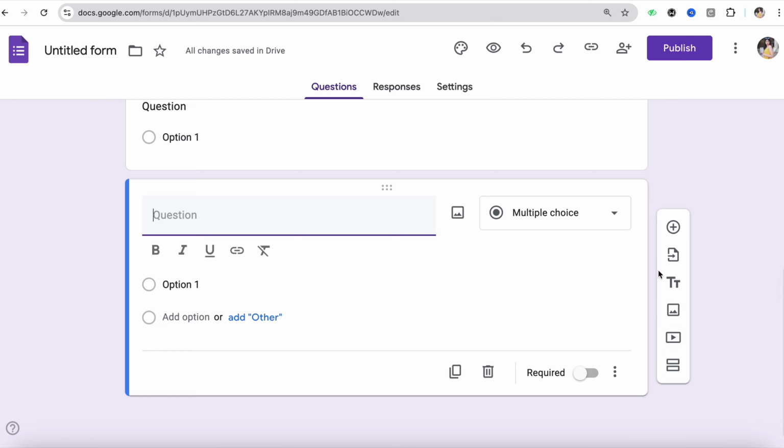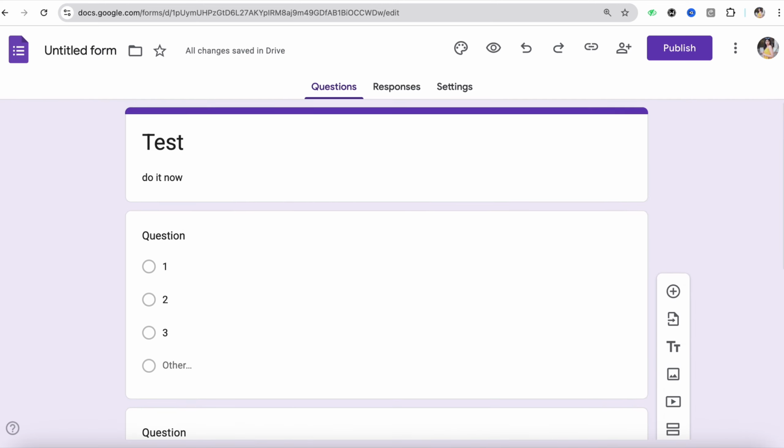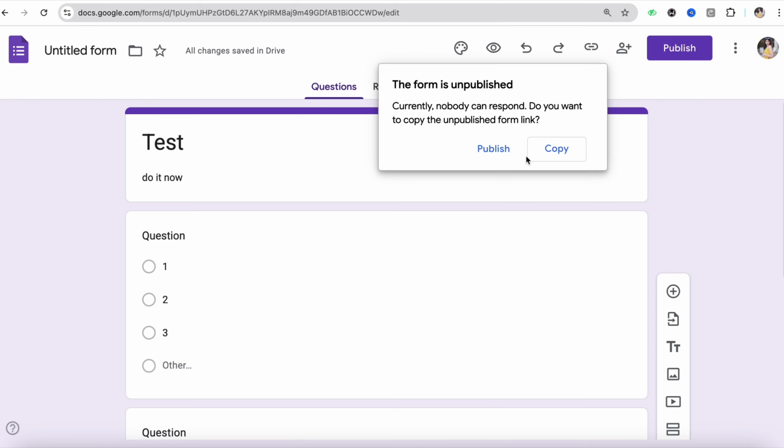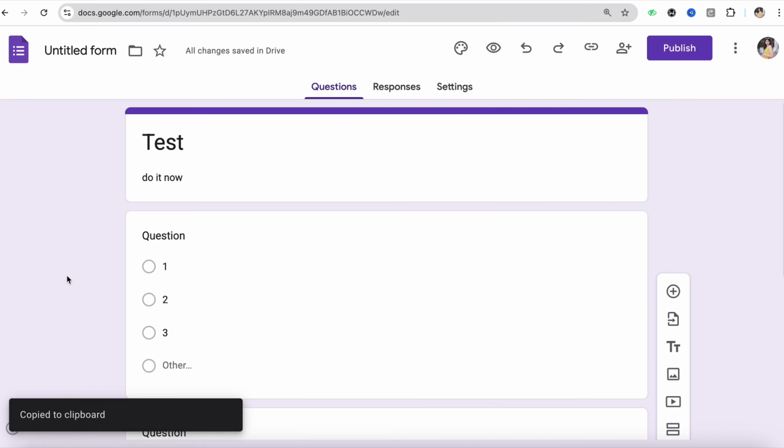And once this is done, you simply click on publish in order to share your form. You can also copy the link for this particular form. Just simply click on copy and the link for this particular form has been copied. Now just go ahead and share the link with the people that you would want to share this Google form